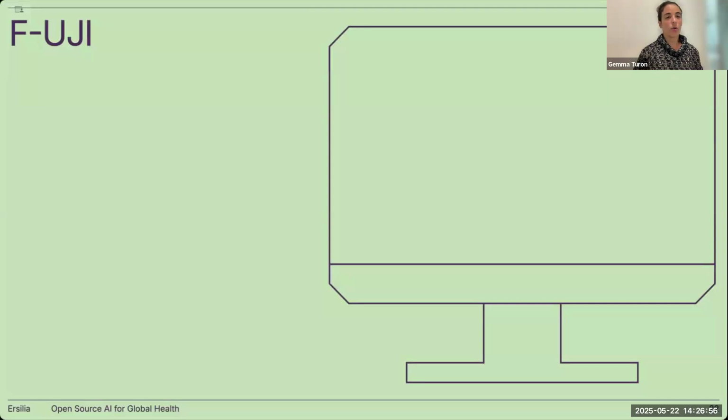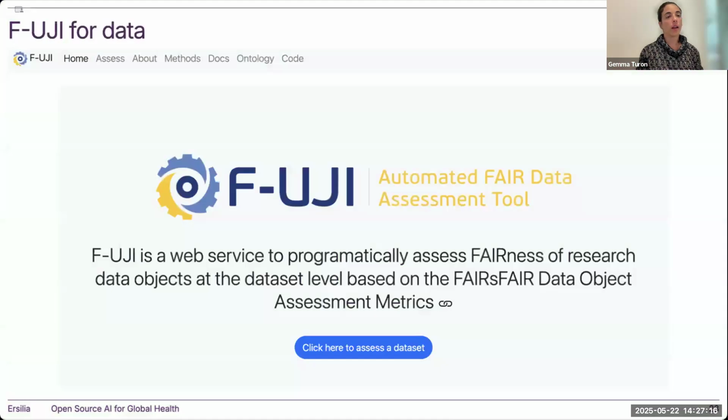Okay, so we go to the second part of our talk, which is more focused on this F-UJI tool, which we tested and implemented at Ersilia during the FAIR Impact Action last year. For those of you that are not familiar with it, F-UJI is quite a well-known tool today, which was developed to assess fairness of research data, okay? By research data, we mean data sets, so clearly not software.